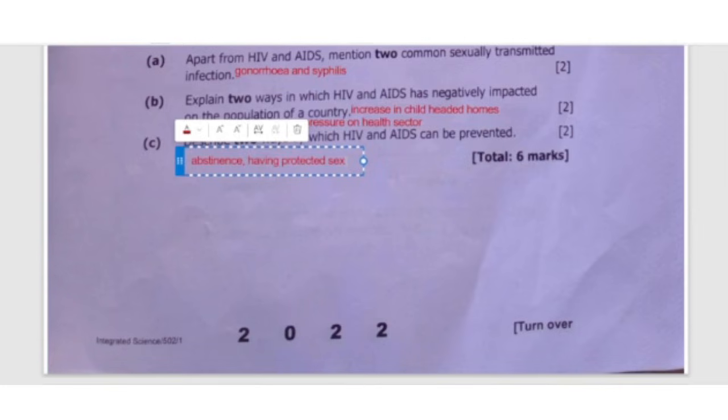First love yourself, because if you don't love yourself, there's no way you can love others. One way you can love yourself is by protecting yourself. Don't have sex before it's the right time. We go to the second point. The first one is abstinence. The other one is having protected sex. If you can't manage these two I've mentioned, then I can give you advice to